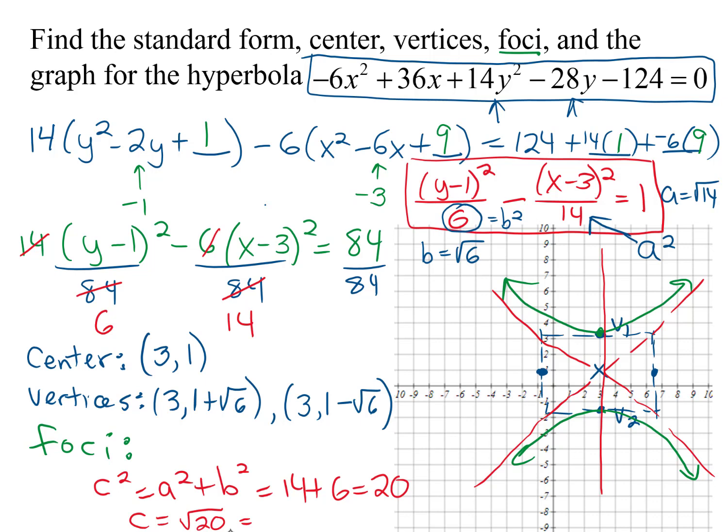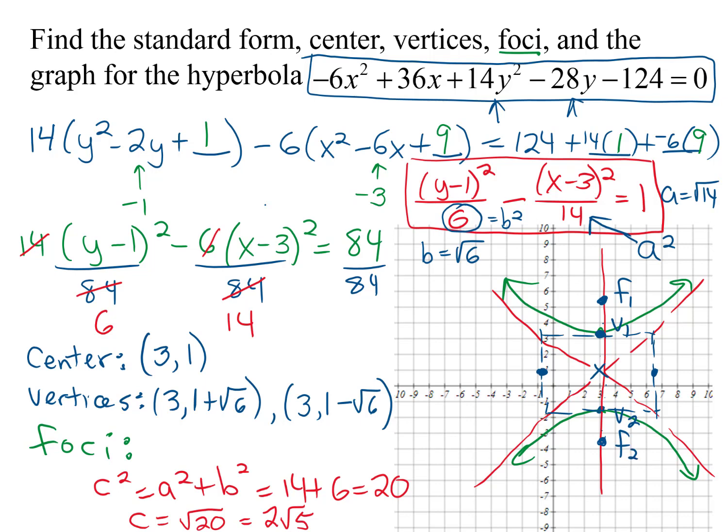And if you simplified that, that's 4 times 5. Square root of the 4 would come out in front as a 2, and the 5 would still be under. So 2 square roots of 5 is about 4.5. So from the center, I need to move up on the transverse axis 1, 2, 3, 4.5 about, and that is a focus. And then from the center, I'm going to go down 1, 2, 3, 4.5,